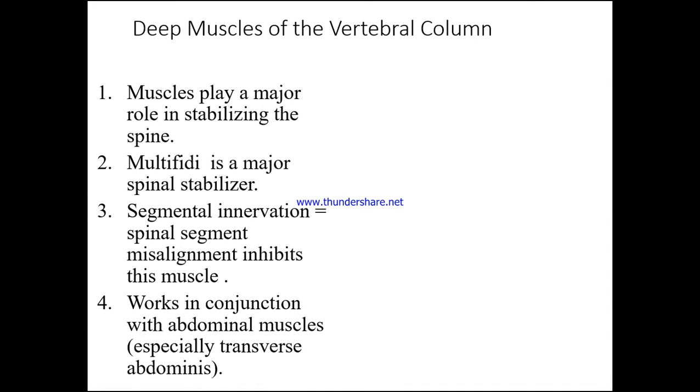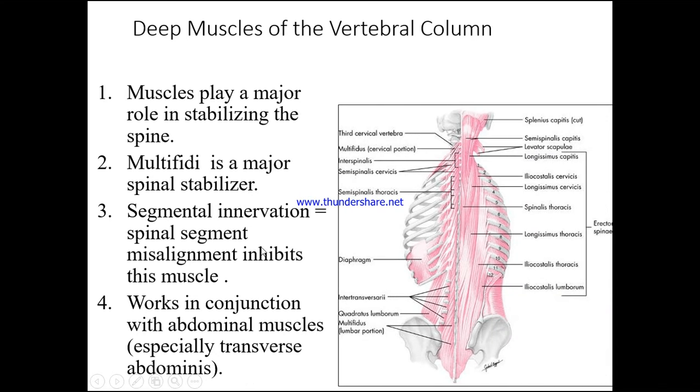Deep muscles of the vertebral column play a major role in stabilizing the spine. Multifidus is a major spinal stabilizer. Segmental innervation, so spinal segment misalignment inhibits this muscle. It works in conjunction with the abdominal muscles, especially transversus abdominis. This is a really important point, and this is often one that's missed in teaching and even in clinical